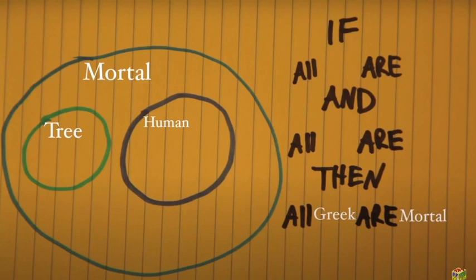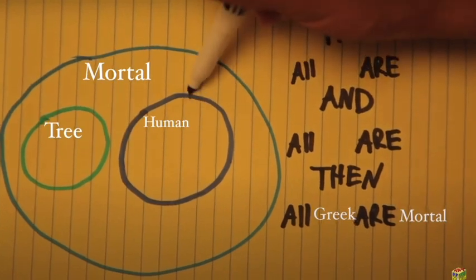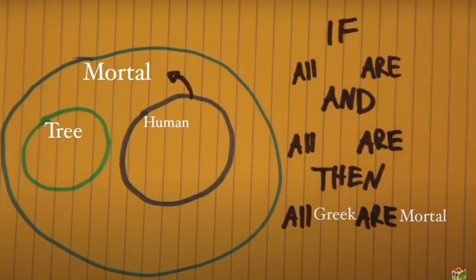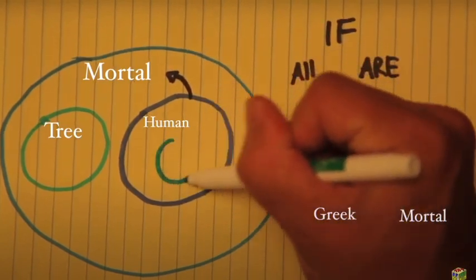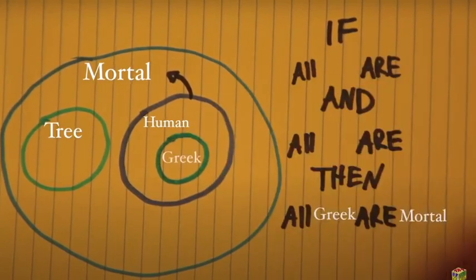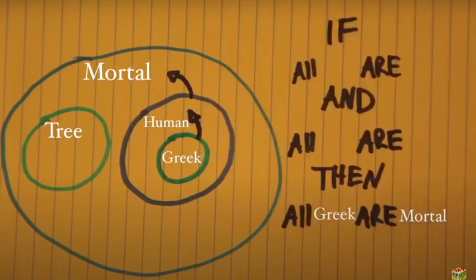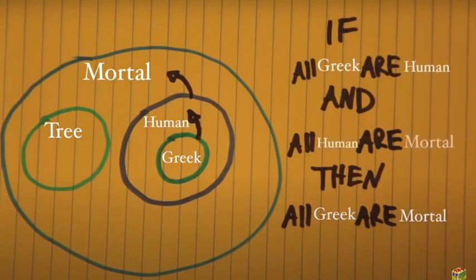The process of deduction is to fill in statement 1 and 2 using knowledge which is already agreed on as true. So one thing we already know is all humans are mortal. Now we just need another statement which helps us connect Greekness to mortalness, such as all Greeks are human. If all Greeks are human and all humans are mortal, then all Greeks are mortal. The first two statements are known as the premises of our argument, and the third is the logical conclusion. If we can agree that the premises are true, then the conclusion must follow. This is known as a syllogism.